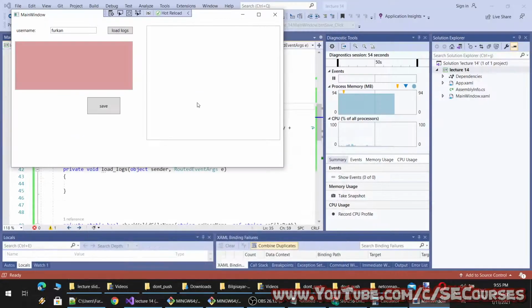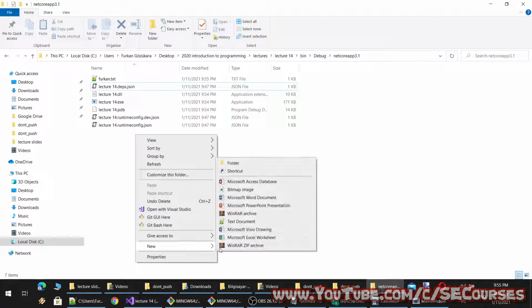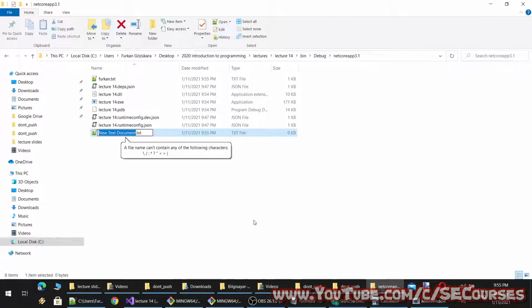All right, so now we can try an invalid character in a file name. From invalid character, what I mean, for example, let's try to compose a new file name. You see it doesn't allow these characters. A file name can't contain any of the following characters. So we could also type each one of these characters as not allowed in our software, or we can use my way, the way I have just coded.